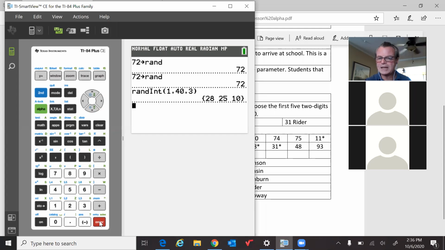I got 3 distinct students, 28, 25, and 10. They were picked randomly. Now they tell us to pick 5. Okay, well, fine, we can do 5. But the issue is, if you use this, you may get a repeat because this thing,